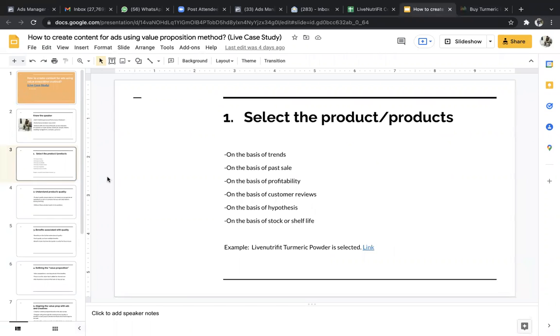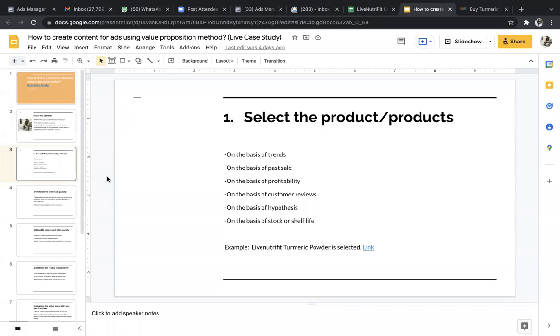Suppose a brand is only focusing on getting the revenue, they don't care about which product can get the revenue. In those cases, this method can help. So you can choose the product on the basis of trend. You can choose the product on the basis of past sales. There are some products that were sold profitably in the past, so you can choose those on the basis of profitability.